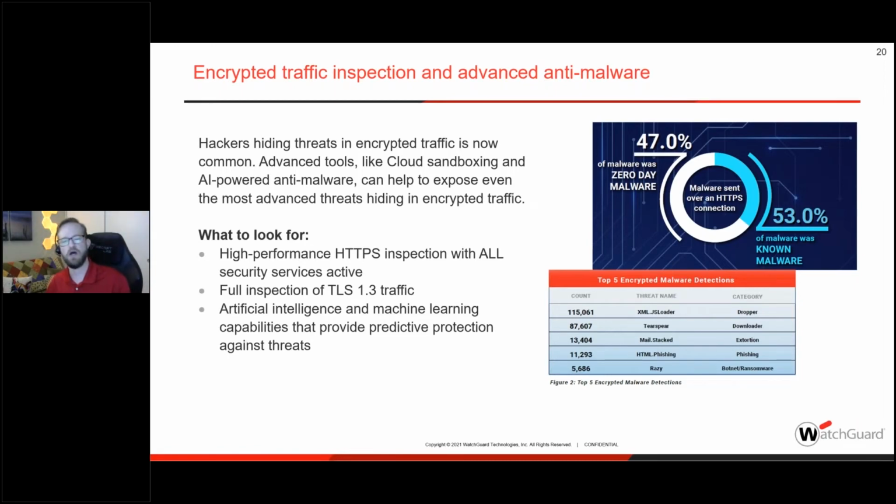Some unique things here, but one of the big ones is the first one, and that's the XML.js loader, right? And this is a dropper. One of the things I think is important to understand generally about malware when we're talking about firewalls is that by and large, the malware that a firewall encounters is initial stage malware, right? It's different than what you might see on the endpoint because it's beginning the process of